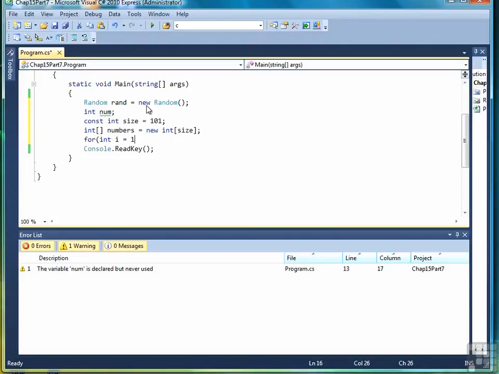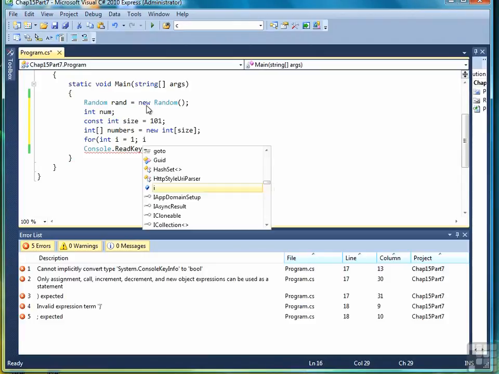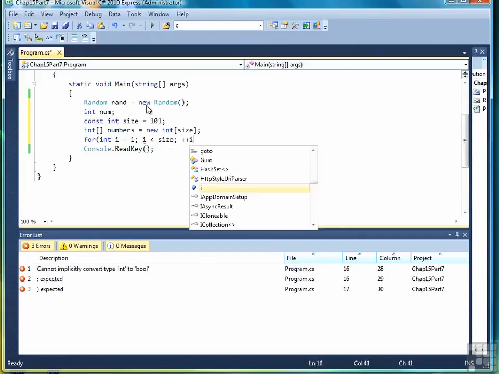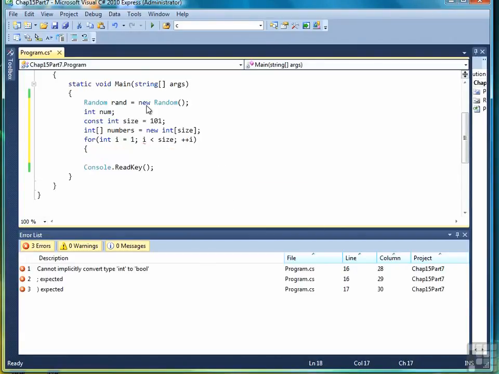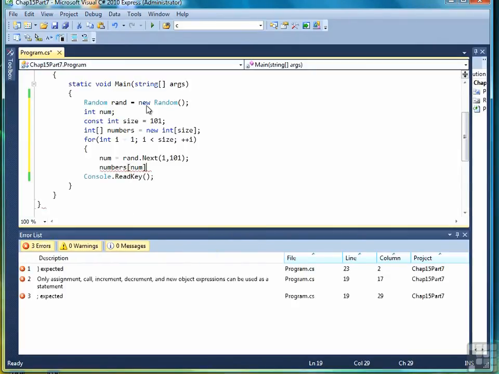So we write a loop that starts at 1. We don't want to store anything in position 0 because the numbers we're generating are going to be 1 through 100. And then we'll write while i is less than size, plus plus i. And then in the loop, the first thing we do is generate a random number in the range of 1 to 100. And then use the number generated as the index into the array, and then increment the value stored